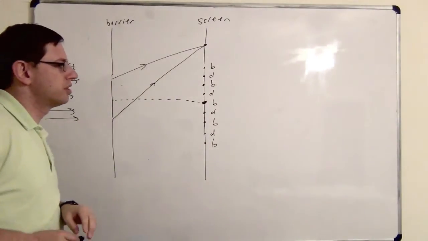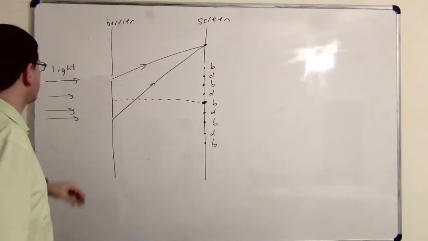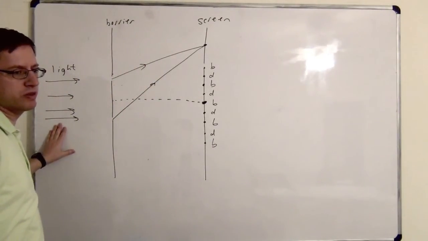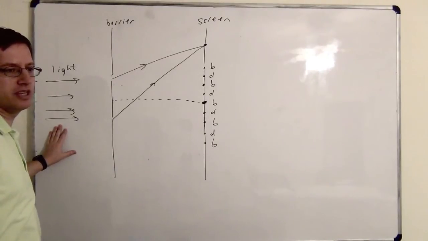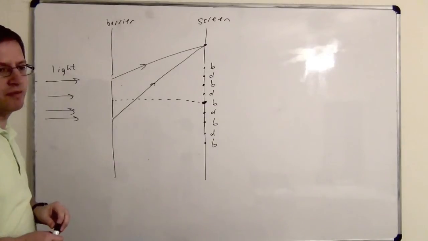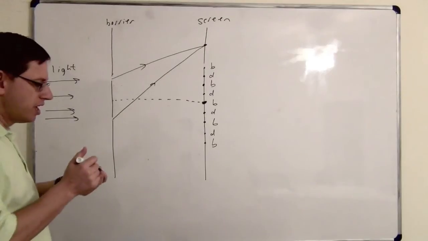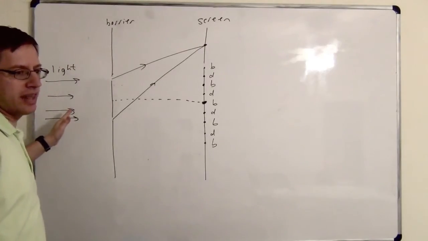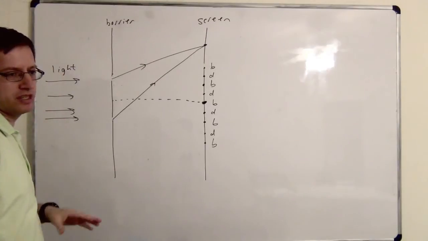Now, because it's going a longer distance, one thing I should have emphasized is that in order to get this experiment to work, we start with light rays that are all in phase with each other. That's not the way normal light rays work. The light rays from my light bulbs here are not automatically in phase with each other. They're all jumbled up. But if you use, say, a laser, that would generate a coherent beam of light rays where all the light is in phase with each other.